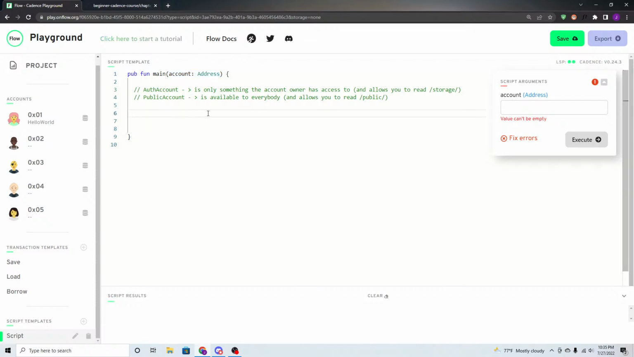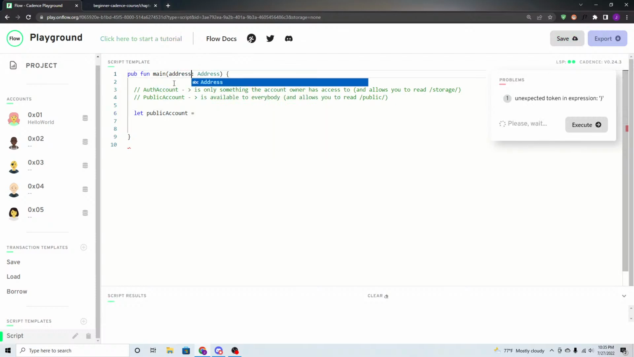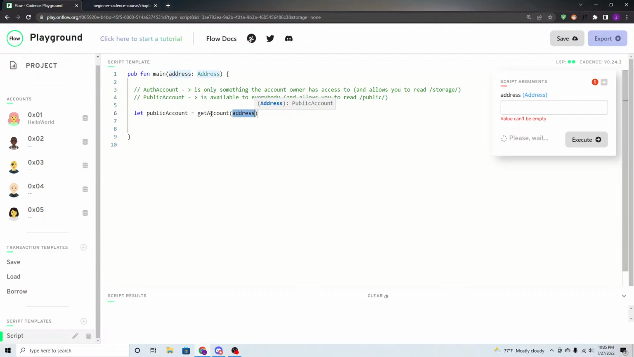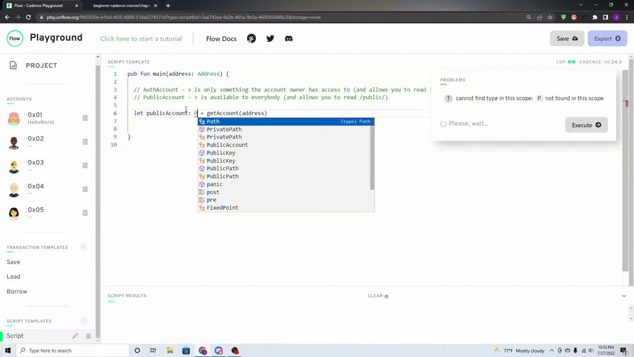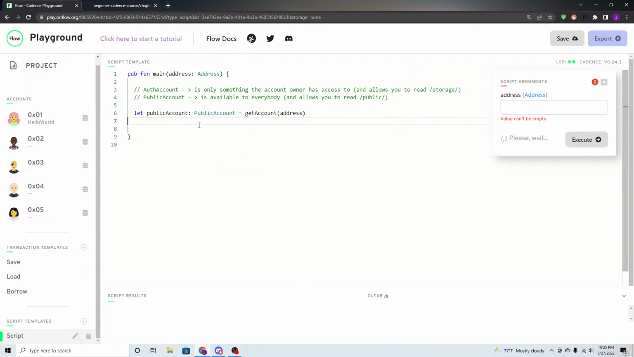So let's say let public account equals, I'm going to change this to like address, I guess. You call get account and then address. Now this gets the public account. So it's actually a type called public account. All right. So get account of address gives you a public account, and then what we can do is say